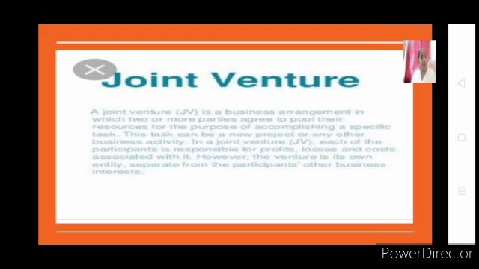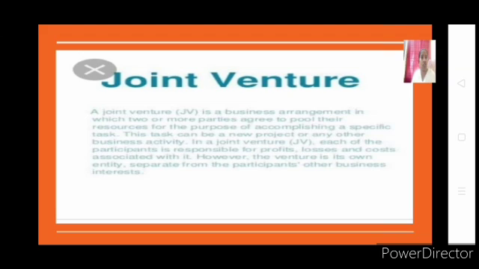So A is already a business and B is already a business. Together they want to start a new business like C, where both A and B will be the partners, like owners. They will be contributing capital, sharing profit and loss, and sharing the tasks. In partnership we have seen individual persons join together to do a business, but in joint venture two different businesses join together to start a new business, with the purpose of accomplishing a particular task. This task can be a new project or any other business activity.